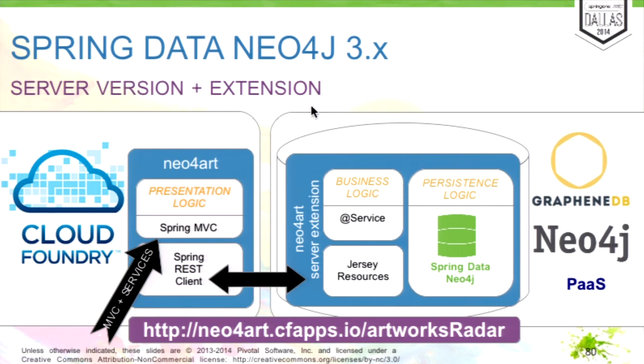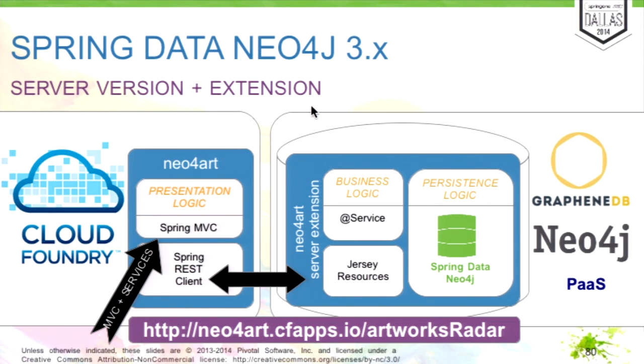So there's a Neo4j hosting provider called GrapheneDB, and they offer Neo4j hosting in a number of different plans. And they also allow you to install your own custom Neo4j server extension. So you don't just get a provisioned database, but you also have the means of adding server extensions to these databases. So you can more or less do whatever within your database server as well, which is pretty cool.